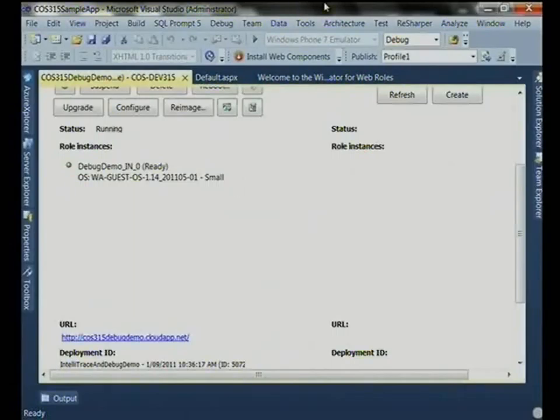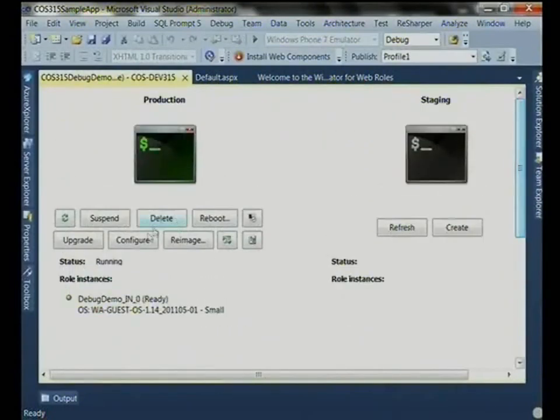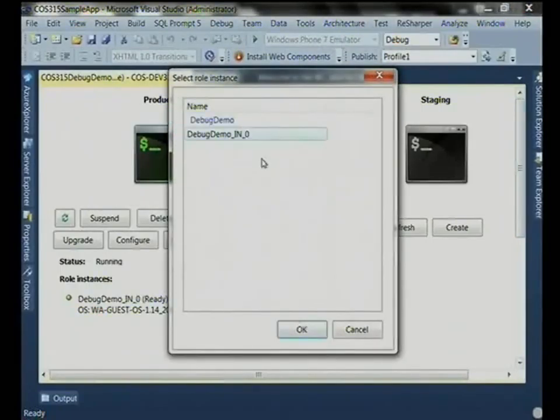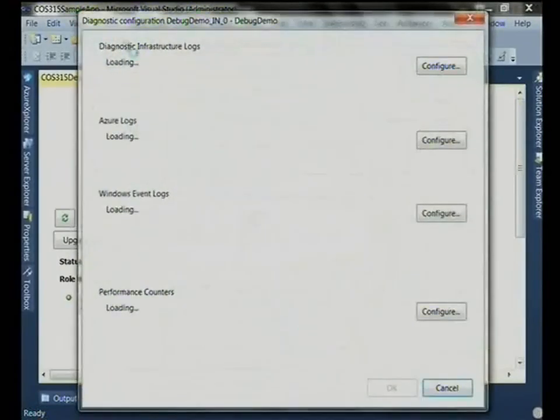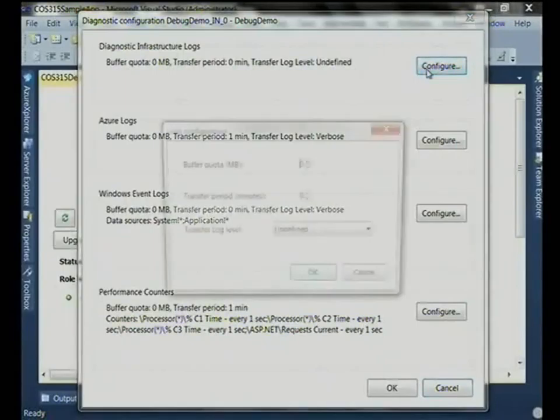And then you can also, just being a little bit slow to refresh, there you go. So I can click on, I can do my remote desktop from here. I can look at the log viewer. This also allows me the ability to manage my diagnostics. If I click on this, it'll come up with a slightly different user interface. I can set up very similar things: my information about my diagnostic infrastructure logs, how frequently I need to get it, what level I need to set it up, and so on and so forth.